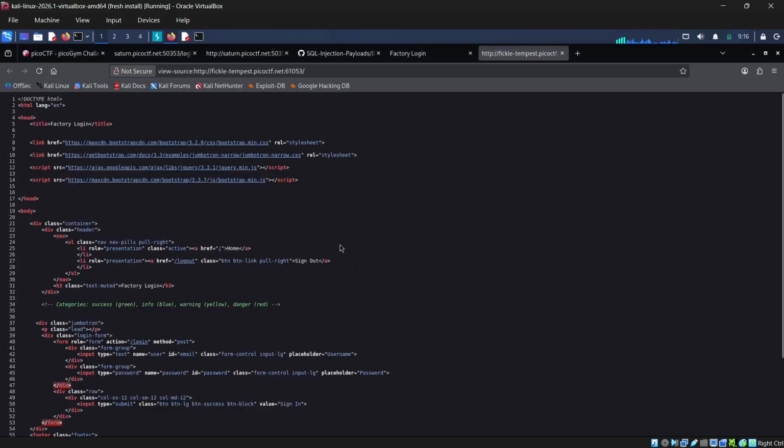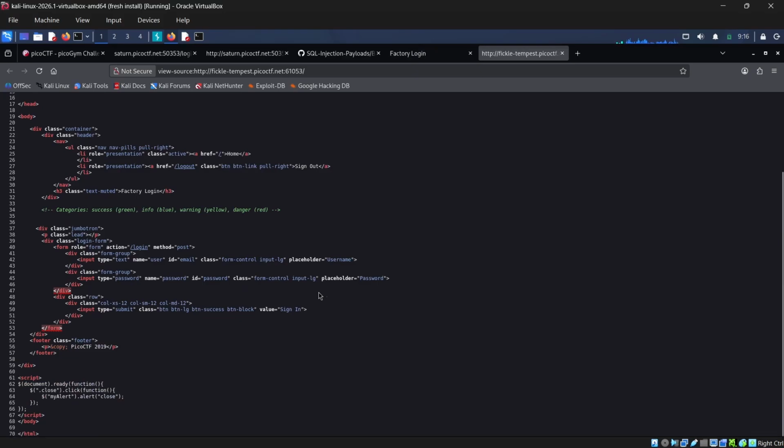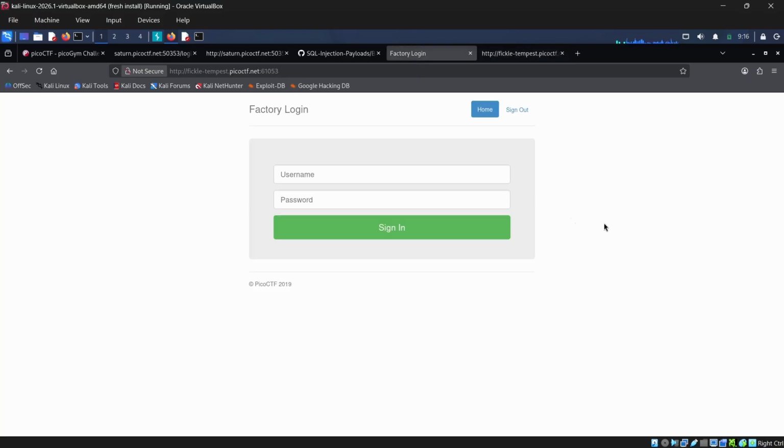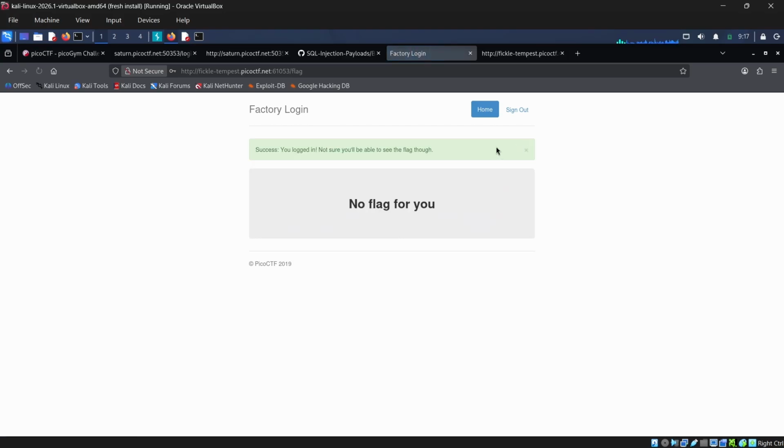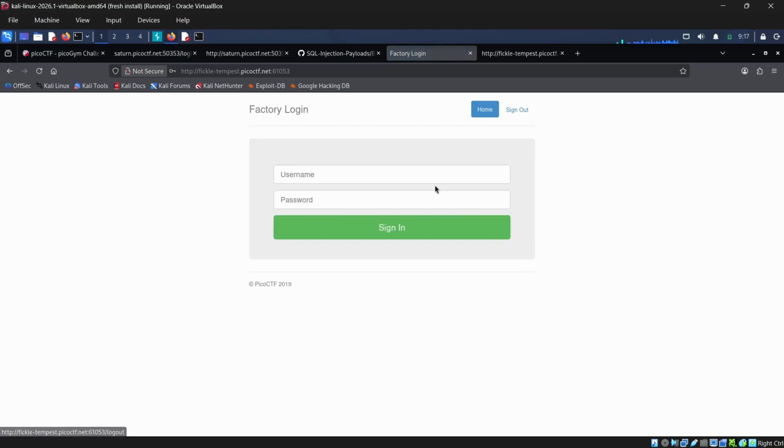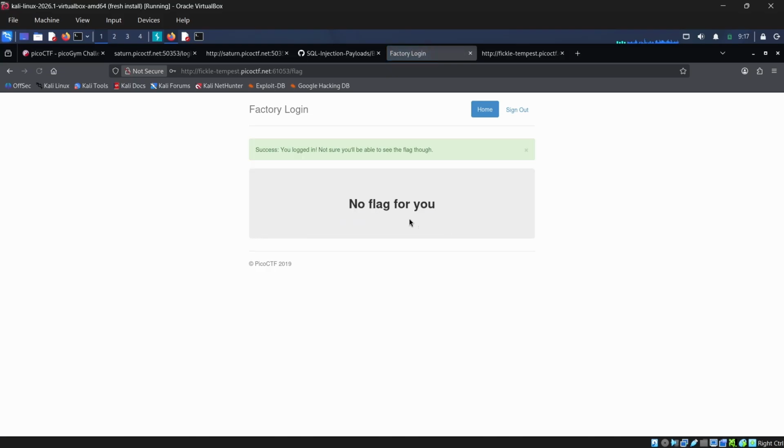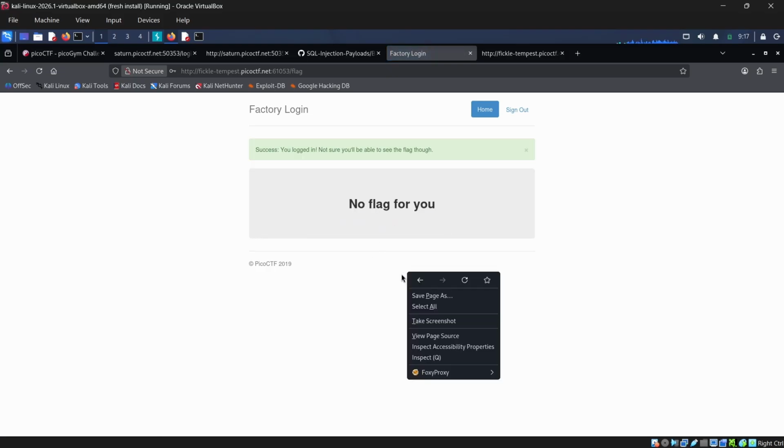While inspecting the page source, I'm not able to find anything suspicious here. What makes me stand out is the sign out option here. Once I click here, there is always a sign out option. Once I log in as any of the users and click sign out, yes, it is working. I'm logged in as any user. You will be able to log in as any user you want, but in this case you have to log